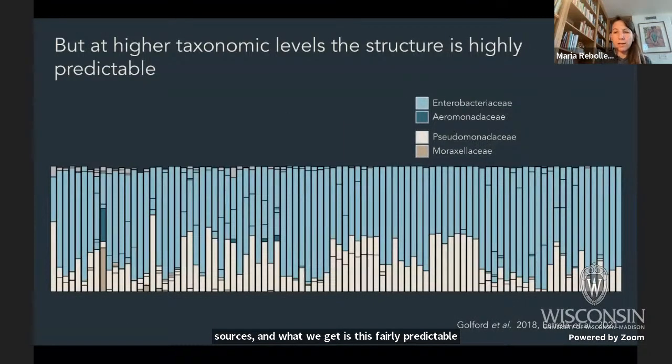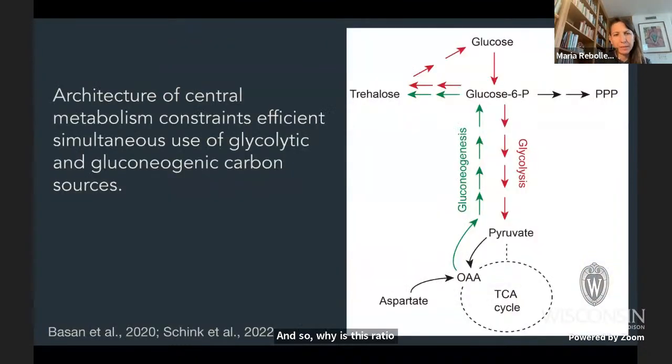And so why is this ratio predictable at this higher level? What's shaping this? It actually has to do with the architecture of central metabolism. The way the central metabolism is wired, it really constrains the efficiency. It has two directions, a glycolytic and a gluconeogenic direction. And you cannot really do both at the same time efficiently, because if you're doing both at the same time, what you are actually doing is increasing the concentration of